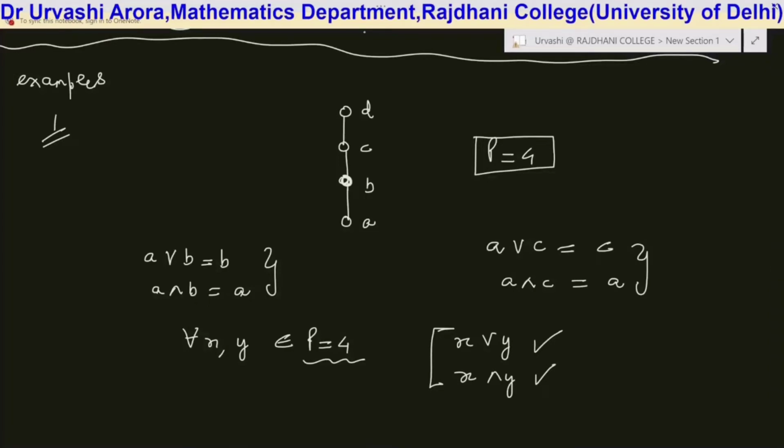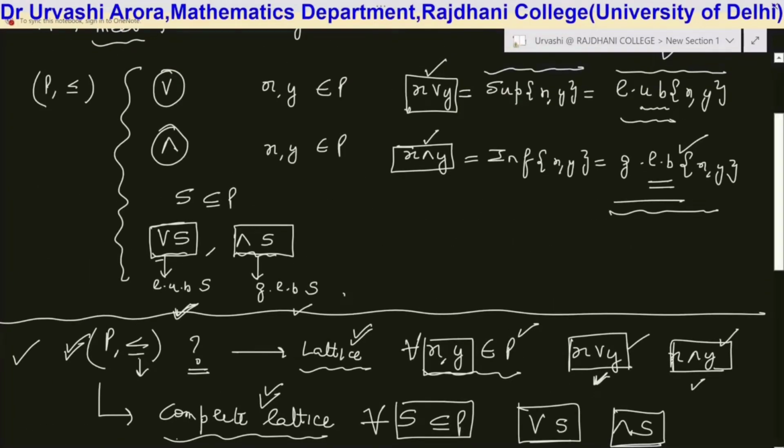You can have, instead of 4 elements, 5 elements in the chain, or I could have taken P to be equal to 6 elements, which means a chain of 6 elements, or a chain of 7 elements. In all the cases, the argument remains the same: if you pick up any pair of elements x and y